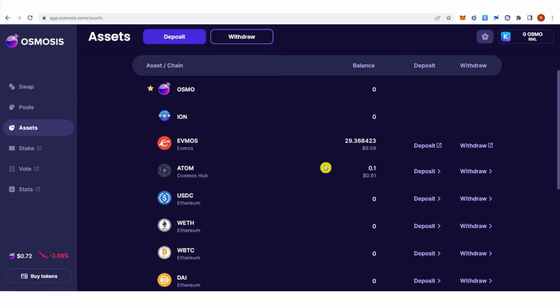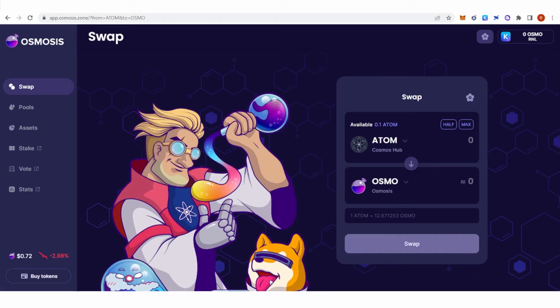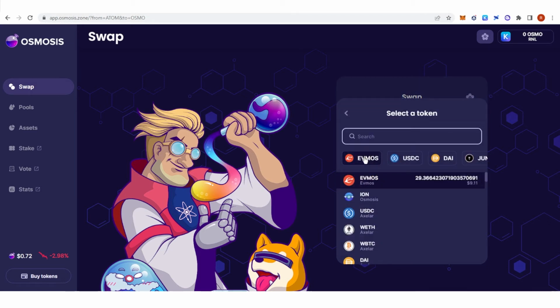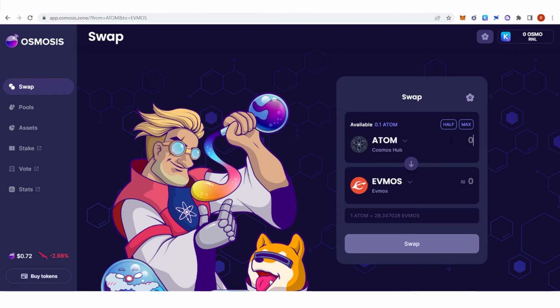Now once you have deposited Atom to Osmosis, click Swap here, and then you can type the amount of Atom you want to swap here. And for this part, click here and click EVMOS. Now type, for example, 0.10 Atom, and after you type the amount of Atom you want to swap, click Swap here,